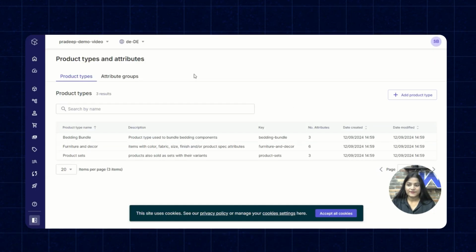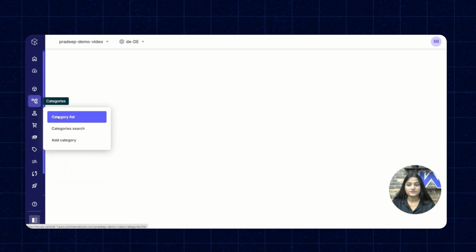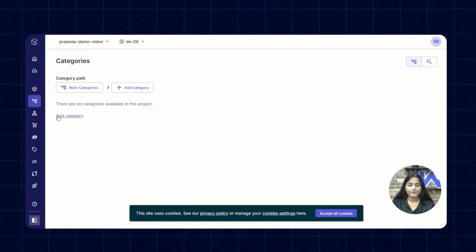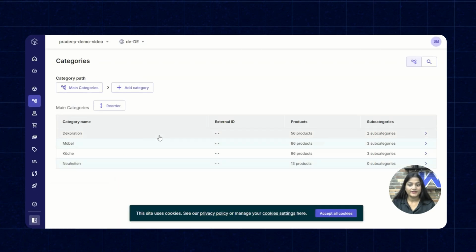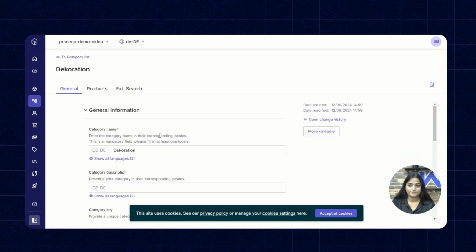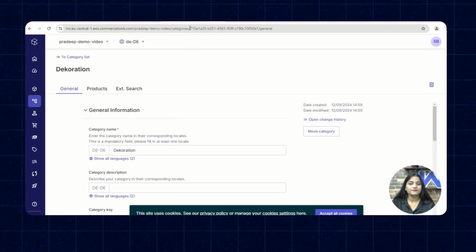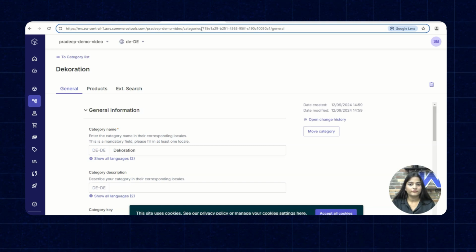Navigating towards our CT panel again. Go to categories. Then choose the category list. Open any of the categories you want. Now copy the ID again from the URL.